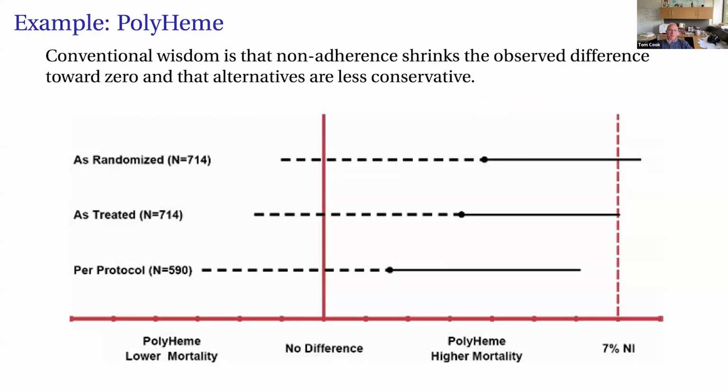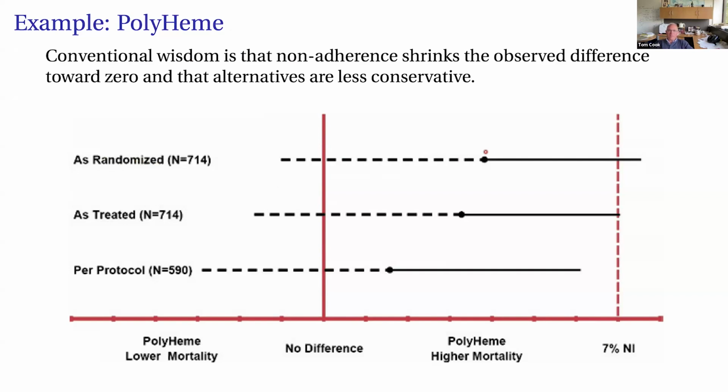Here's my final example. This is PolyHeme. It's a blood substitute given to people in a context where whole blood or typed blood is not available. The conventional wisdom is that non-adherence actually shrinks the observed difference between groups towards zero, and that alternatives to ITT are less conservative. But in this particular case, the first row, which isn't quite ITT, but it's the closest thing that we have in this particular paper,